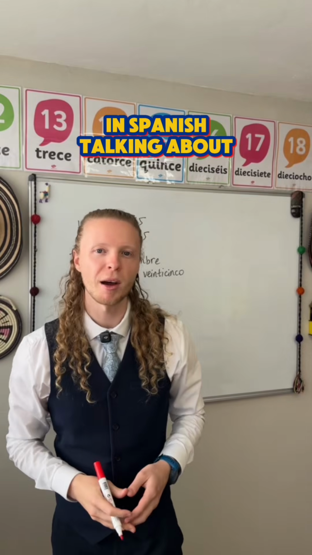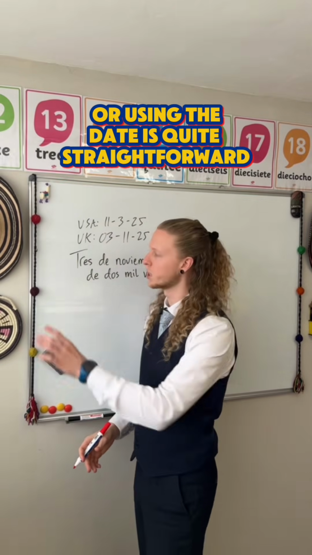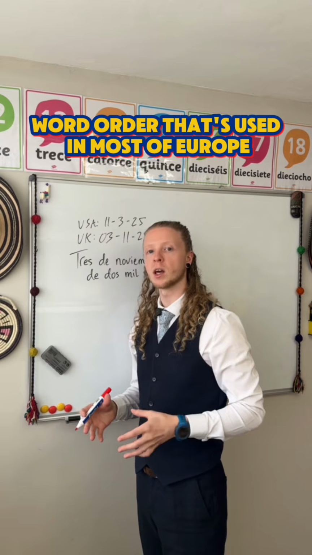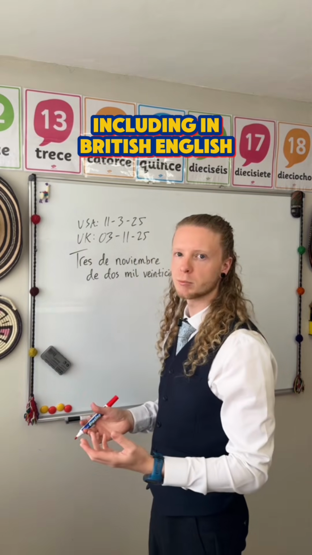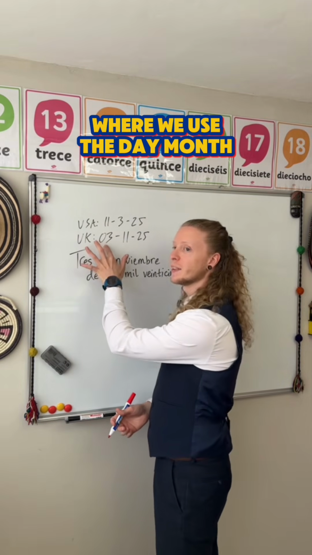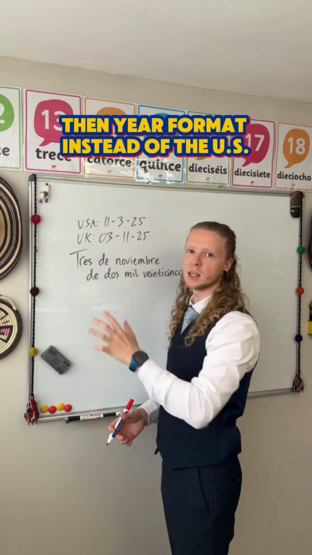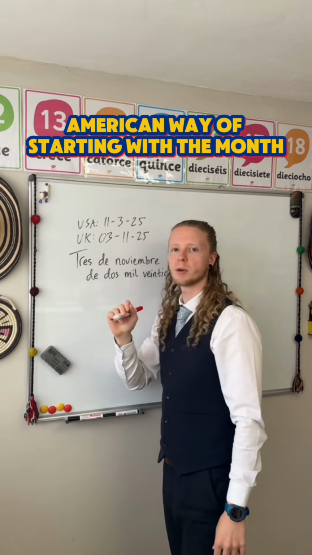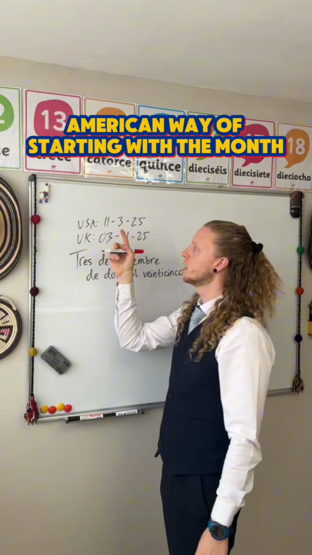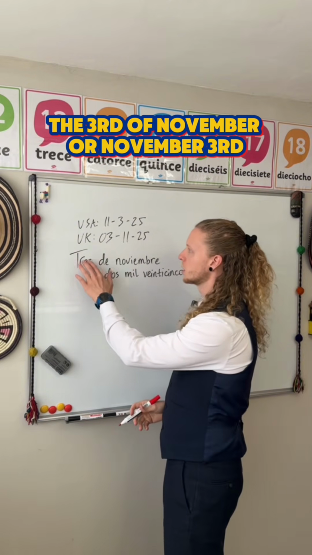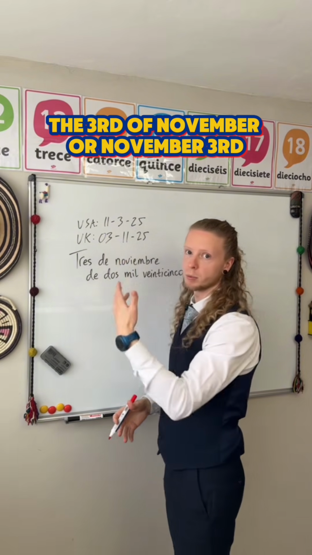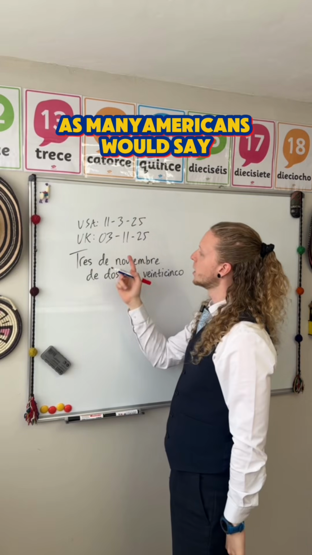In Spanish, talking about or using the date is quite straightforward, and it follows the same sort of word order that's used in most of Europe, including in British English, where we use the day, month, then year format, instead of the US American way of starting with the month, then having the day. So in Spanish, the 3rd of November, or November 3rd, as many Americans would say, is going to be el